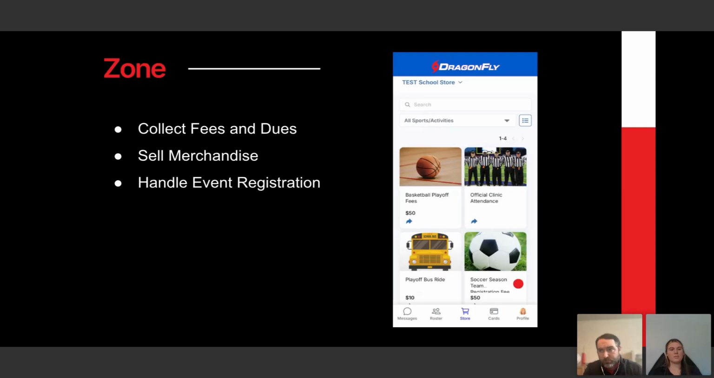So if you need to collect fees, sell merchandise, handle event registration, schedule a parent meeting, those are a lot of things that schools are using these items for. These items can be put in the zone and they can be shared. They can be shared with users outside of DragonFly by QR code or a URL